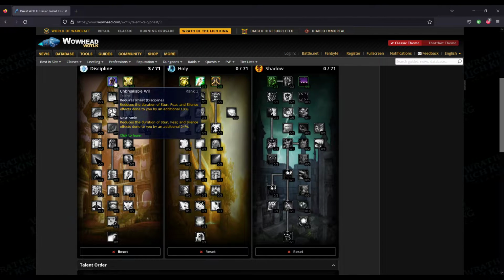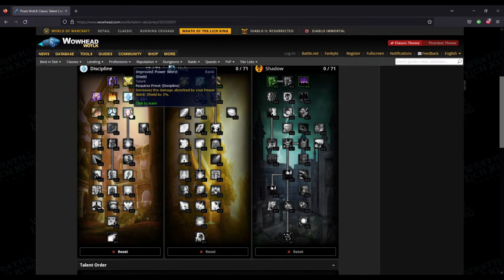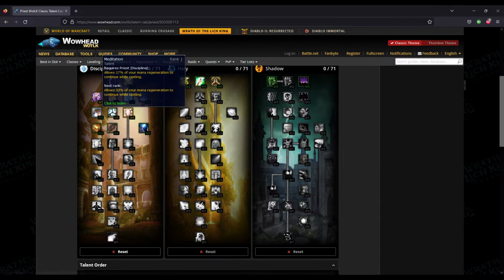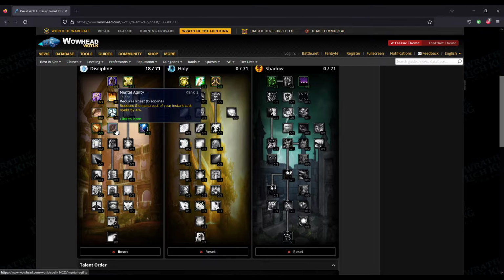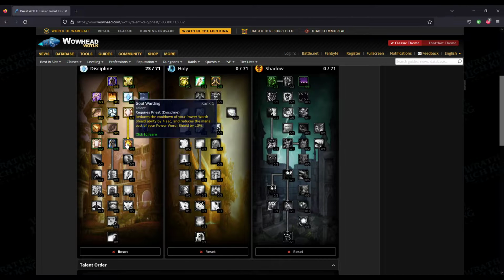So to start things off, you want to put 5 points into Unbreakable Will, 3 points into Improved Inner Fire, 3 points into Silent Resolve, 1 point into Inner Focus, 3 points into Improved Power Word Shield, 3 points into Meditation, 3 points into Mental Agility, 2 points into Improved Mana Burn, 5 points into Mental Strength, 1 point into